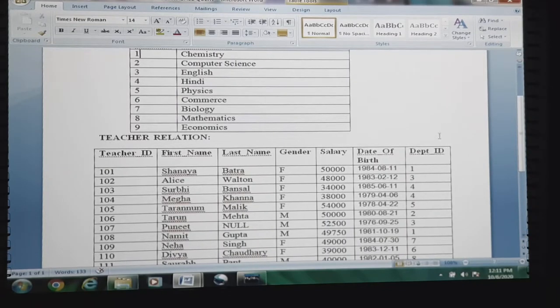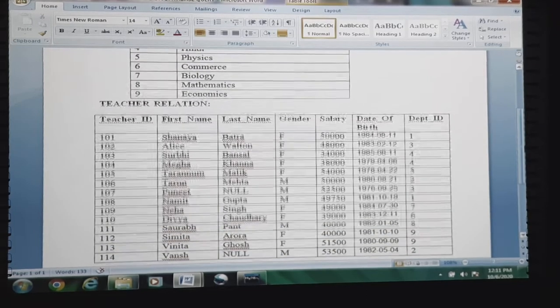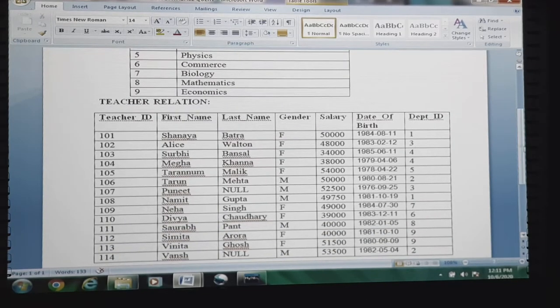Here we will check which tuple is there with the department ID field value as 1. First one is 101, that is Shanaya Batra, and then Namit Gupta. So these two names should appear in front of us.